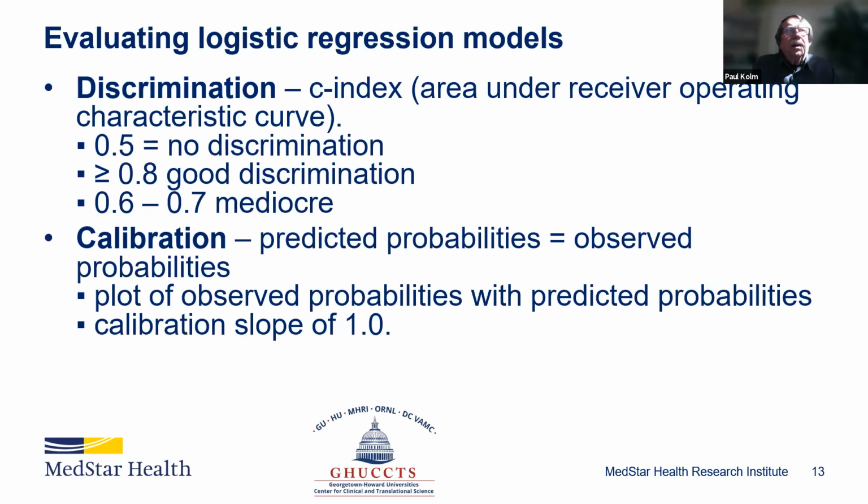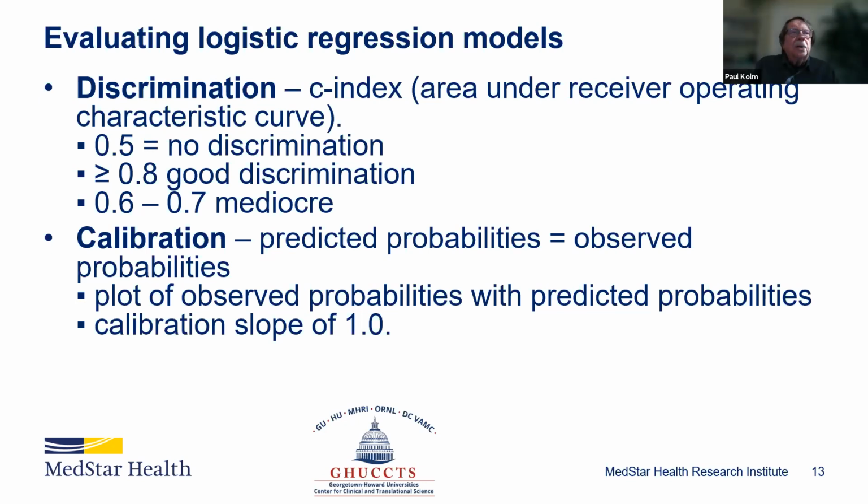But the index ranges from 0.5 to 1. If we have a C index of 0.5, then that means there's no discrimination with respect to our model or our independent variable or variables, as the case may be. In other words, the outcome is just a coin toss as to which group we are predicting. If we have an index that's usually greater than 0.8, then we're really happy, because that's really